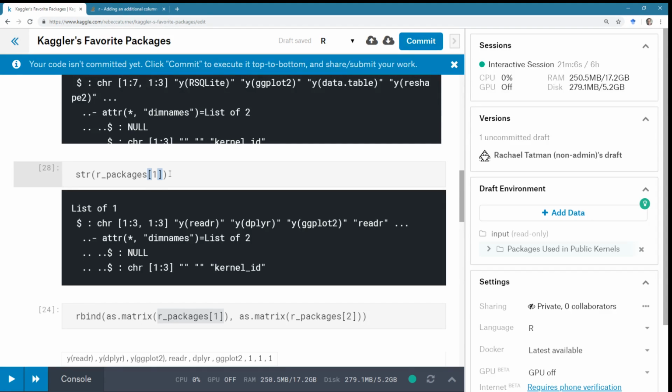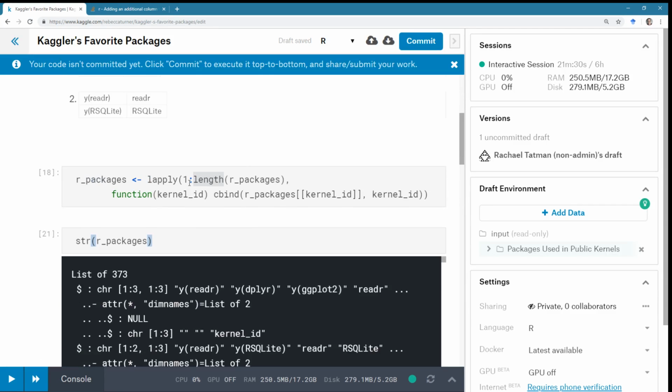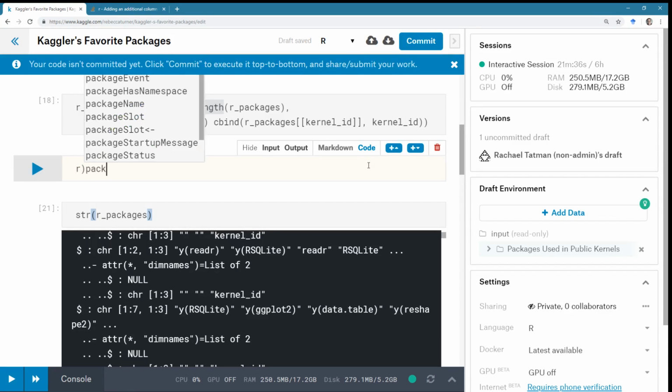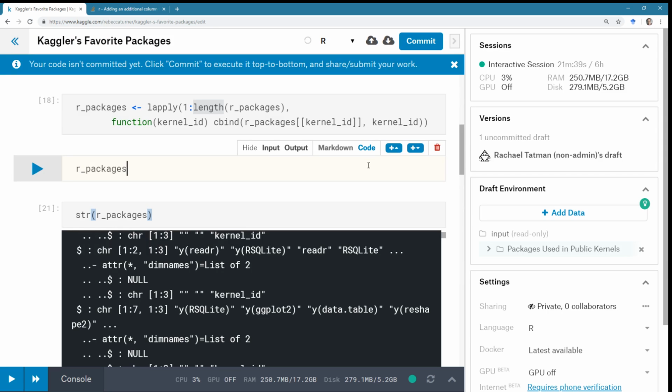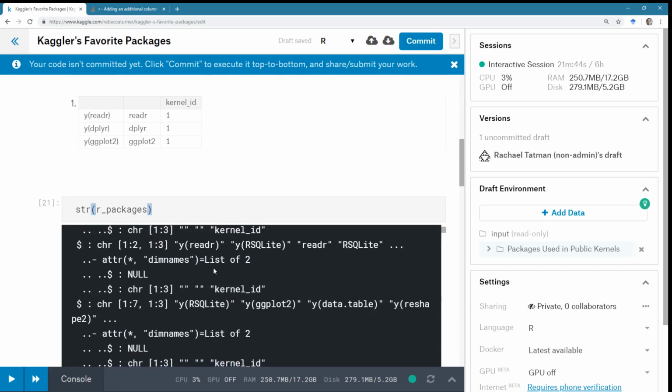I think I see what the weirdness is here. So what we got here is 1, 2, 3, 1, 2, 3. No, that's the same, right? So we've got rows 1 through 3, we've got columns 1 through 3. That's what we'd expect given what our packages 1 looks like. Right? Yeah, it's a 3 by 3.